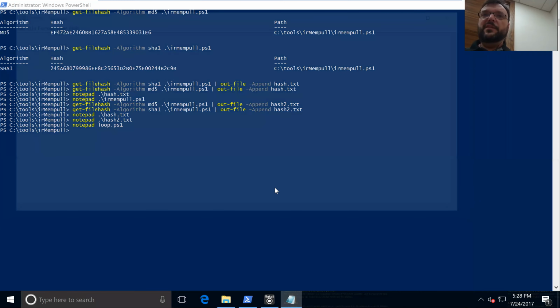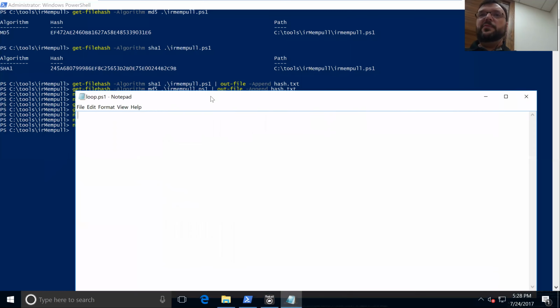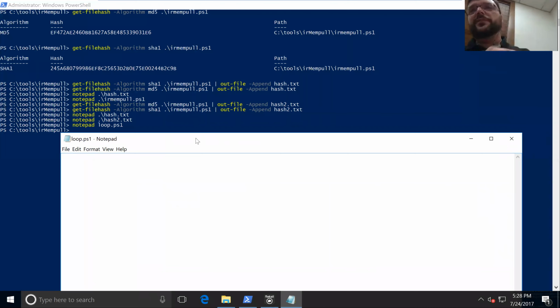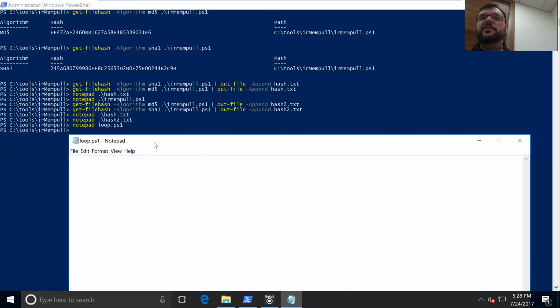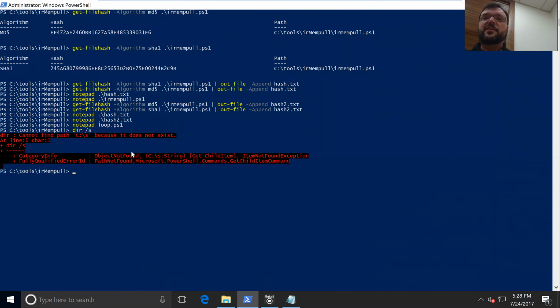So what we're going to do is create a loop. And so the first thing that you would want to do is make a list of files. Now, how you go about getting that list of files is really going to be up to you. I mean, you could do something like pre-populating that by doing a dir /s,